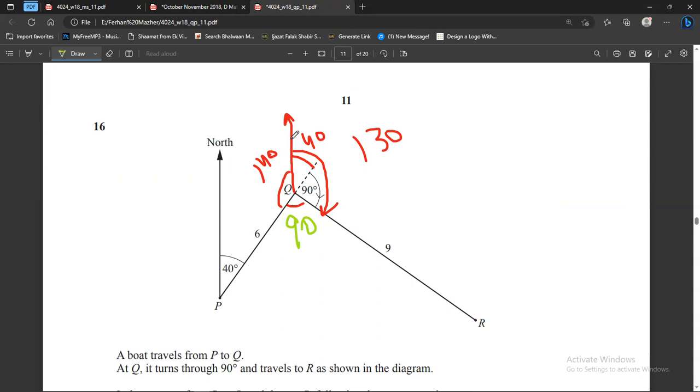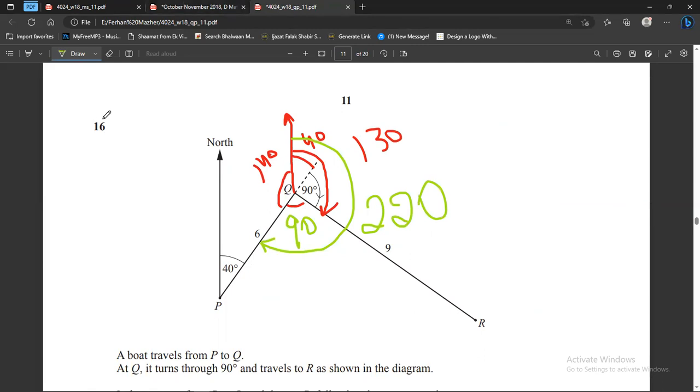So the bearing of the P from the Q will be this angle. And this angle will be 40 plus 90 plus 90. This is 180 plus 40, and that is 220. So the bearing of the P from Q means that the north is on the Q,